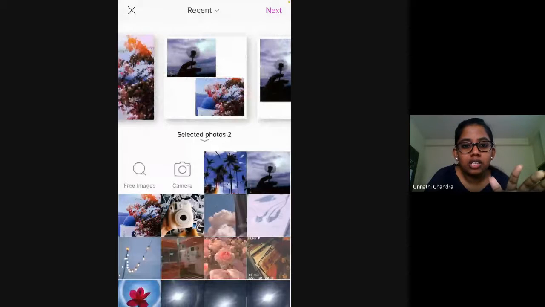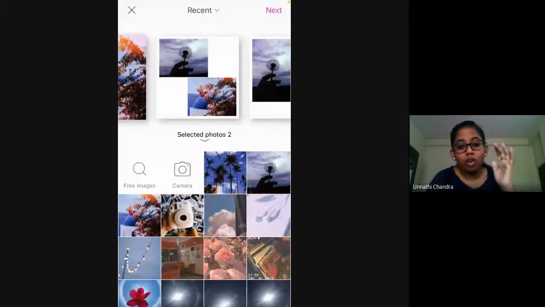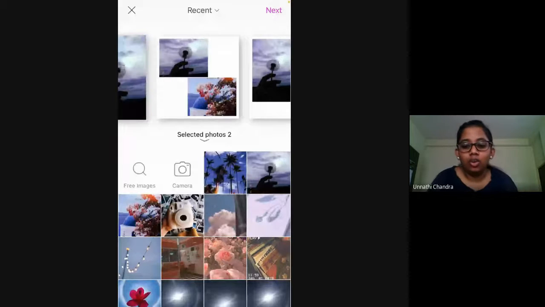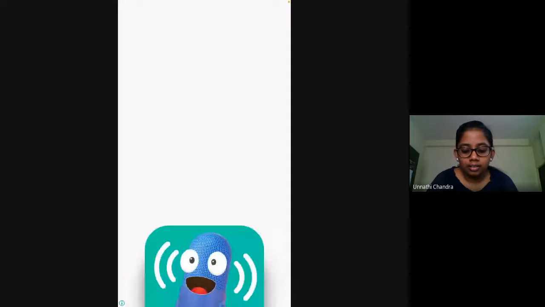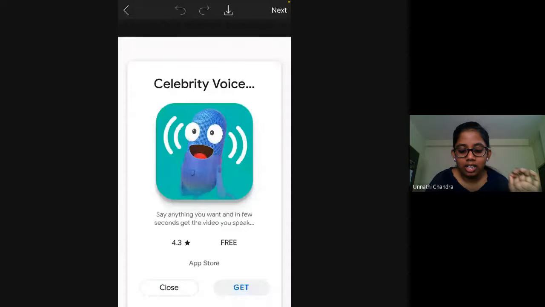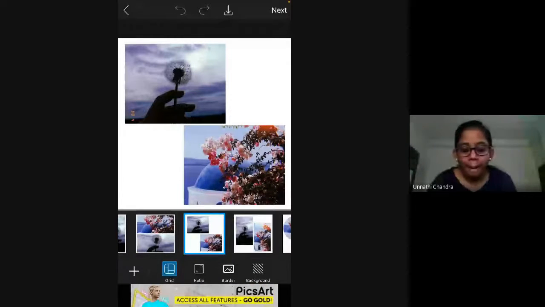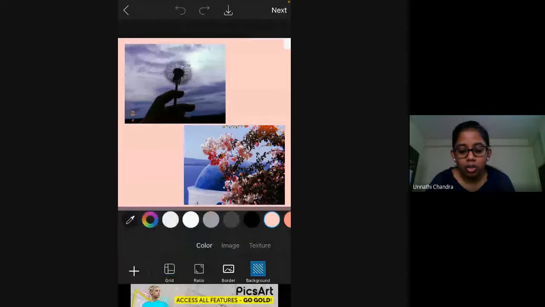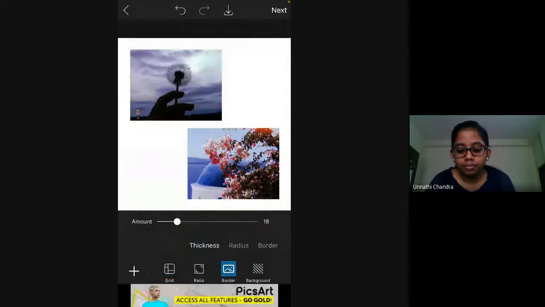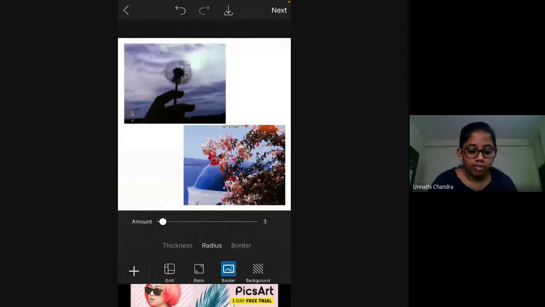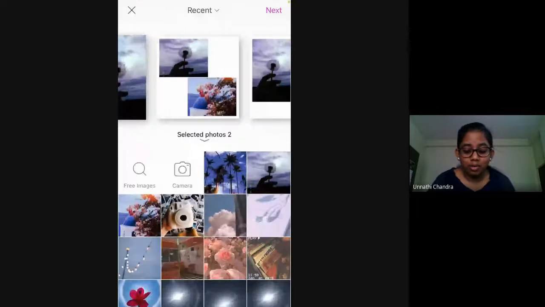From here itself, you can select which style of grid you want, or you can click on next and then go to the app, and you can again change it all. You can select the layout from here itself otherwise. So this is the layout I have selected right now. You can change the background again. You can change whichever color you want for the background, or you can change the border. Yeah, that is the option for collage. You have many layouts available depending on the number of photos that you select.